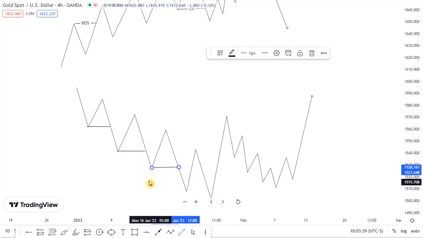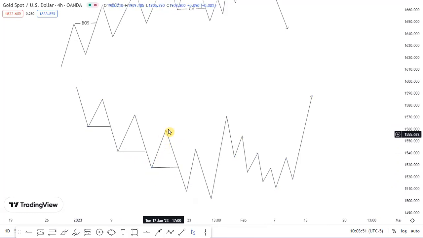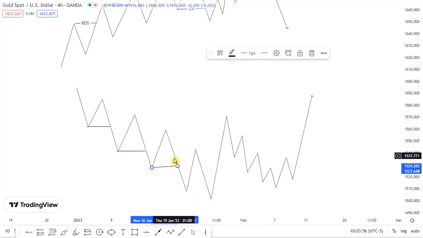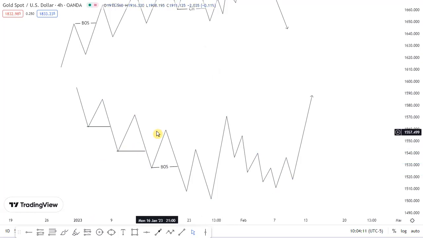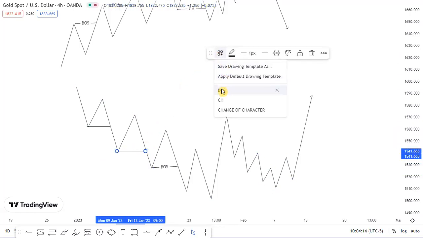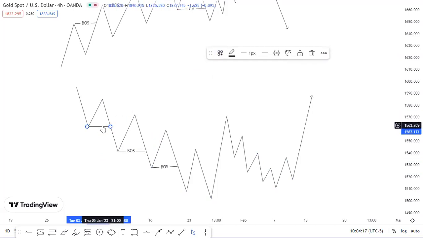So like I said, before the market breaks its structure, there is a supply zone. The market creates a supply zone before it gains momentum to go and break that structure. That supply zone can be at a particular key level or internal, within the candles within that area, and then it pushes to the downside. So here we have our break of market structure, our BOS. We have a BOS here, and here also we have a break of market structure,